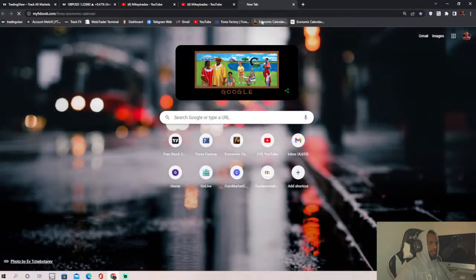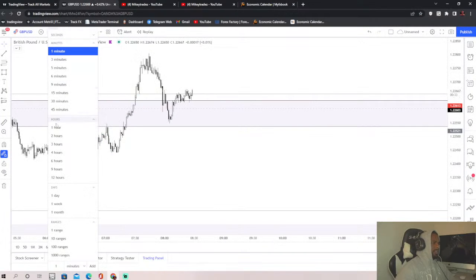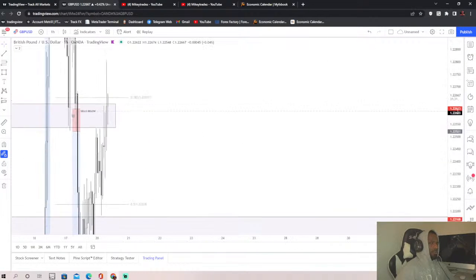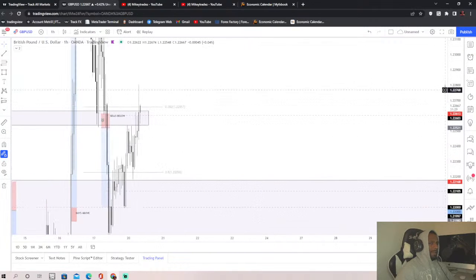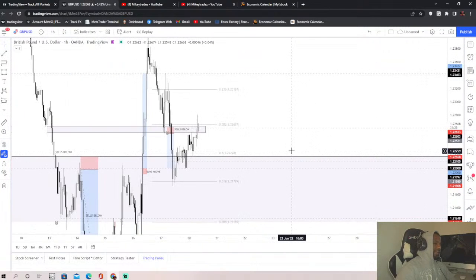There shouldn't be any news today, if I'm not mistaken. Okay, we got a medium impact news in 30 minutes. So guys, with such a strong rejection from an area of demand on pound, that could indicate potential